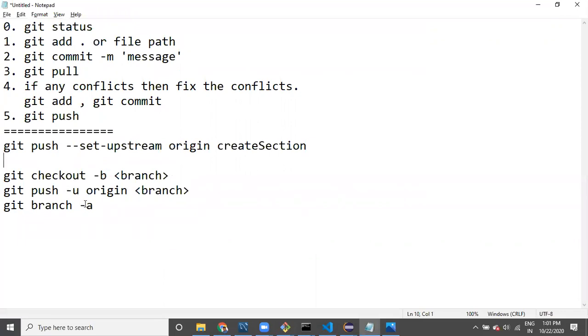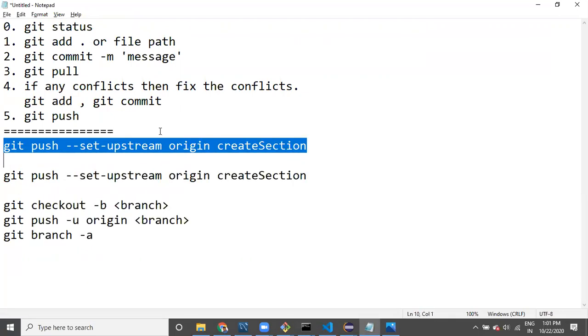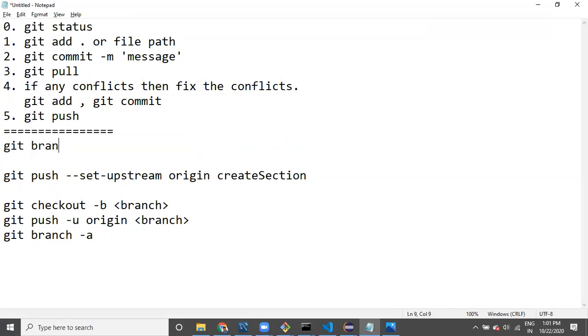If you want to create the branch, create branch, branch name, for creating. Okay, guys, for pushing,